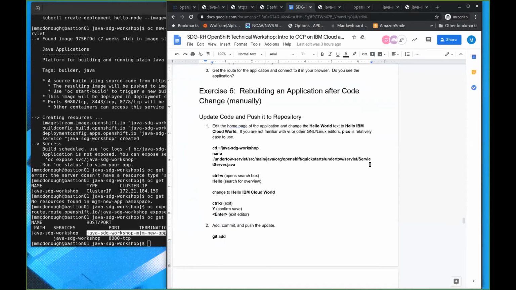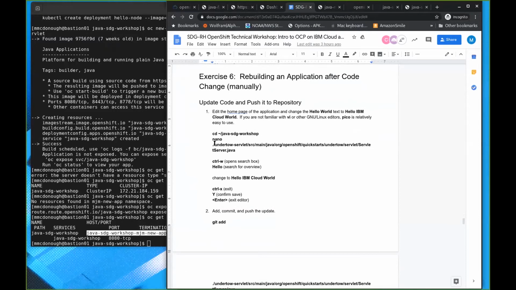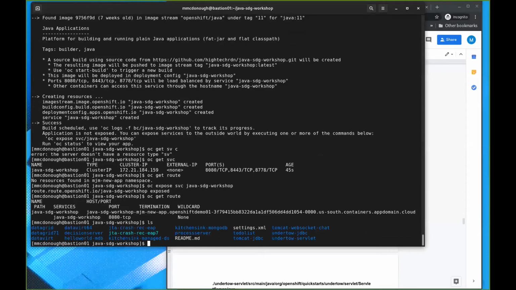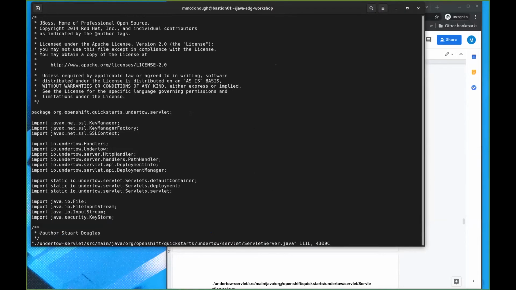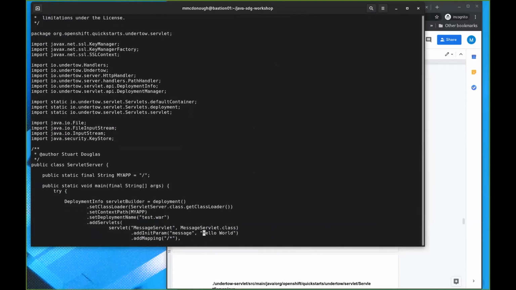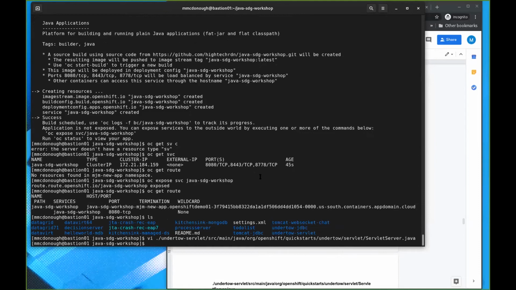So how do we rebuild it? What we want to do is there's a file, the hello world text is actually defined in this file. So if we do here, you can use vi or nano. If you're not a vi expert or comfortable with vi, use nano. Vi this file here. All right, so this is where that text is actually defined, and we can change that like that. All right, so we changed it,